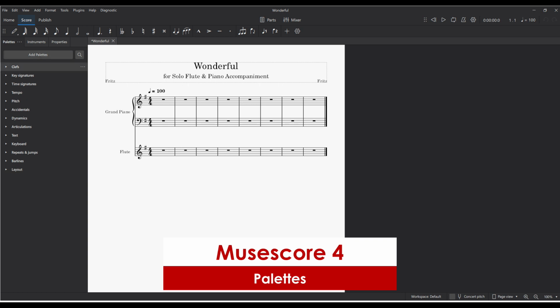To customize your palettes, you can click add palettes like this, and if you want to add brackets to create custom brackets, just click this. And if you want to add ornaments, click this. If you want to add arpeggios and glissandi, fingering, lines and beams, and note head, grace note and breathe,